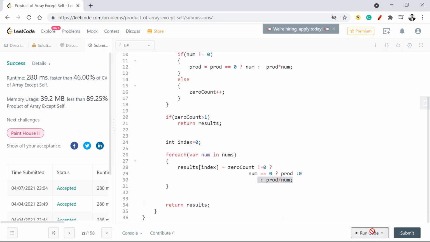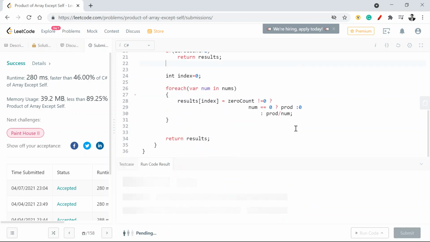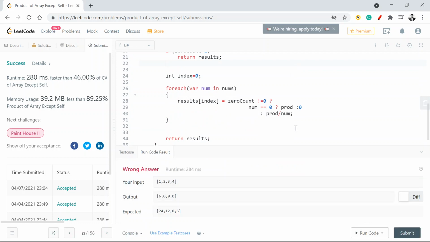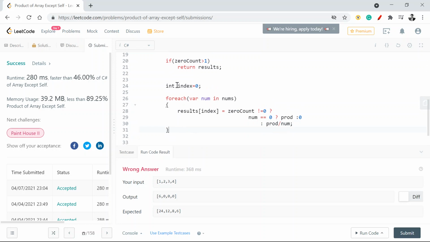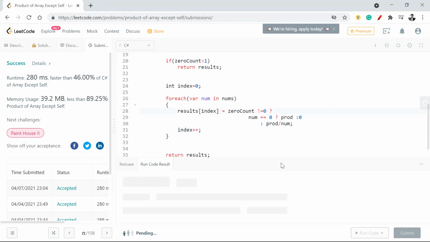Let me run this again. I think I made a mistake somewhere. Let me see. Oh, I forgot to increment this index. Index plus one. Shoot. Okay, let me run this again.